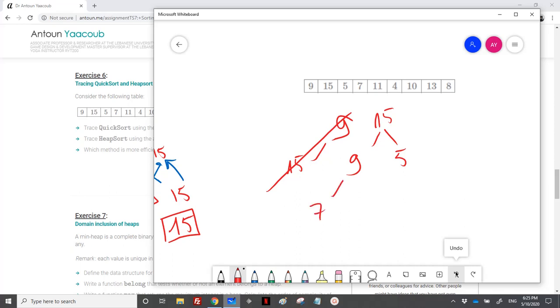Then I have 11. So 11, it would come here, so I would percolate it directly. And then we have 4, it's correct. And then we have 10, so it will come in place of 5. And then we have 13, so here I will need to